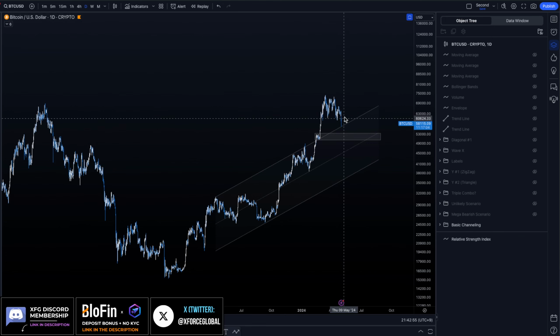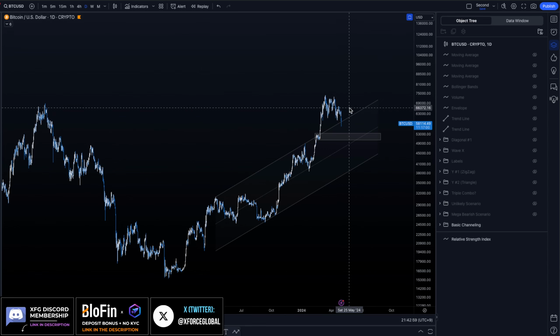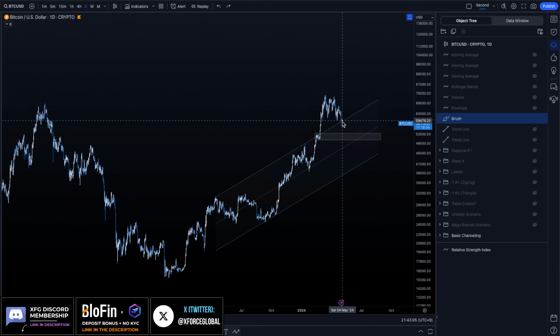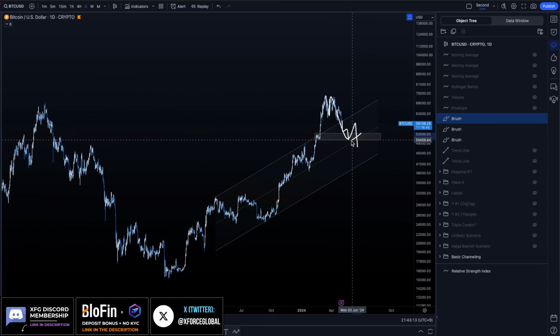So if we do get supported here, and even on the adjusted channel, we can also assume that it comes back up and gets retested before we come back out if you're a bull. Right now, if you're a bear and we continue the impulsive scenario down, this level, like I said, is most likely going to be that 1, 2, 3, and then 4, and then 5,